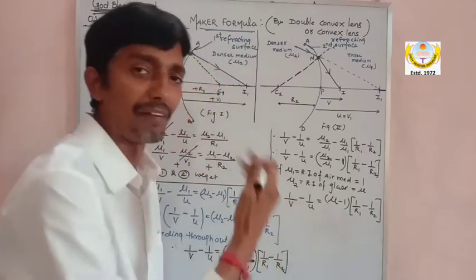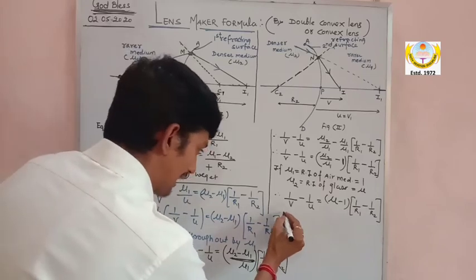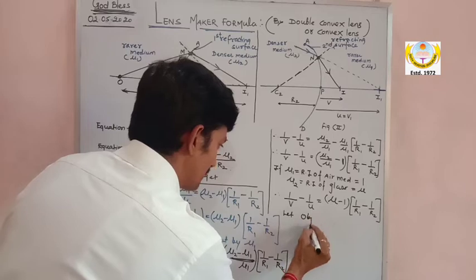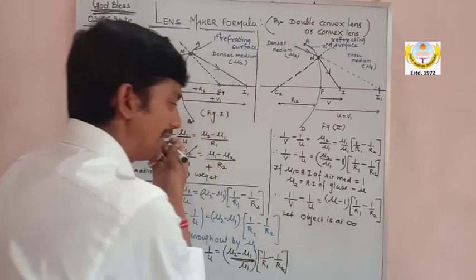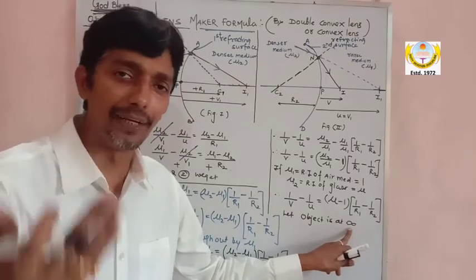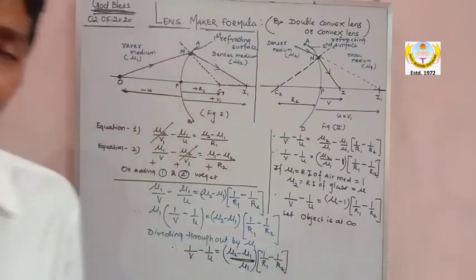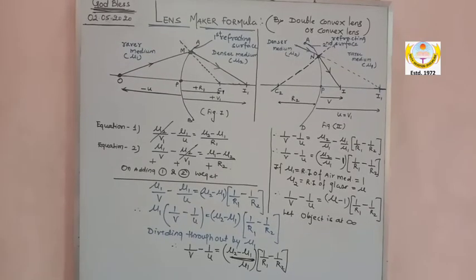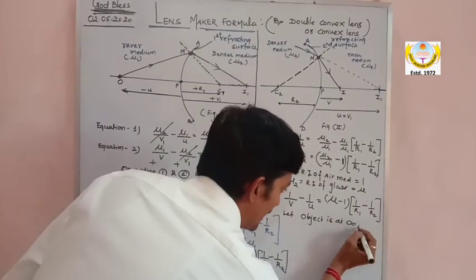How do we come to f? Now my dear, here there is a condition: let the object be at infinity. So my dear, from class 10th you know, if the object is at infinity, the image is formed at focus. You all know, when the object is at infinity, the image is formed at focus. So let the object be at infinity, then